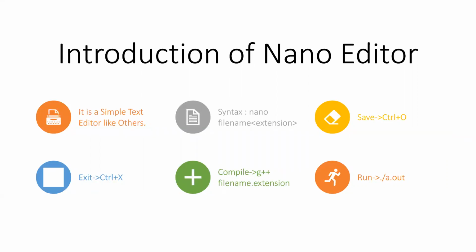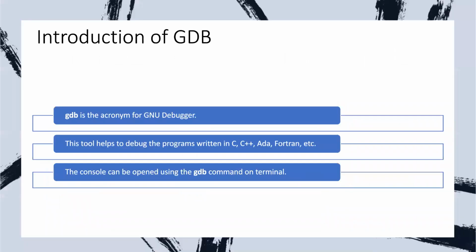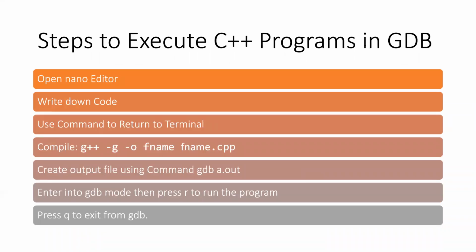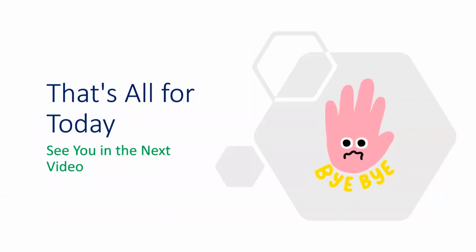So these are the contents for today's lecture. In the next lecture, I will give the introduction of the object-oriented programming approach. What are the features of object-oriented programming? Why is it advantageous over structured or procedural-oriented programming languages? Then we will start our C++ course using the nano editor, and the g++ compiler will be my preferred choice.